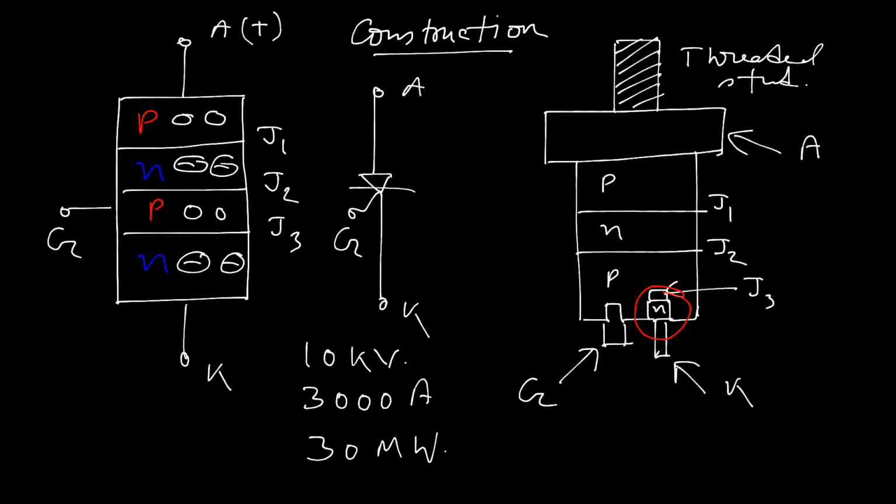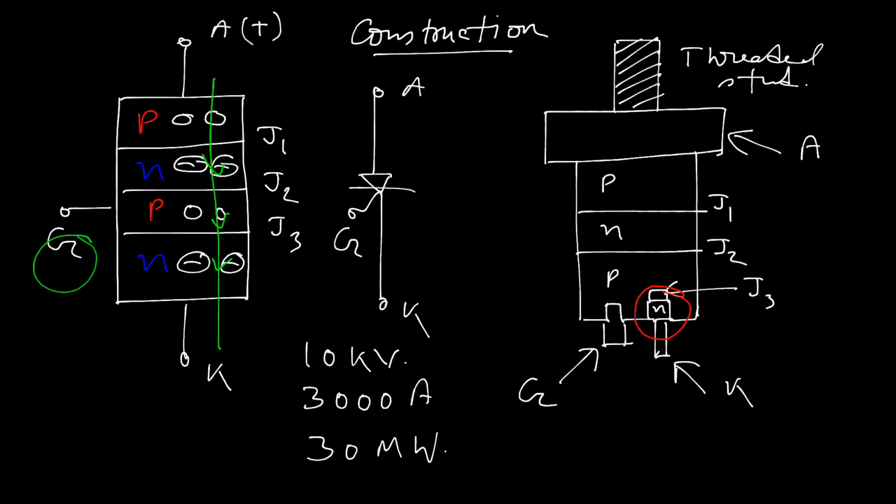And once we apply a huge anode voltage with respect to the cathode, due to avalanche breakdown of the majority carriers, junction J2 will vanish. That means there is no barrier to oppose the anode current which tries to flow from anode to cathode. Then the current starts conducting easily from anode to cathode in this direction. So all this can happen without application of a gate pulse.